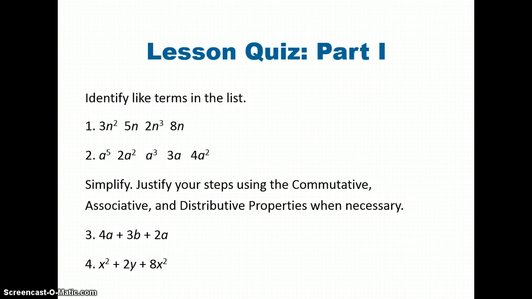Now it's your turn. In the work section of your WSQ, read the directions and complete numbers 1 through 4. You can go back and watch any portion of this video as many times as you need to. Don't forget to write